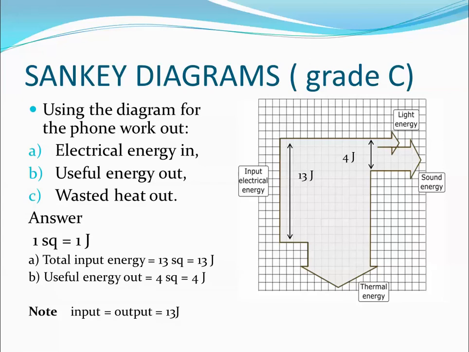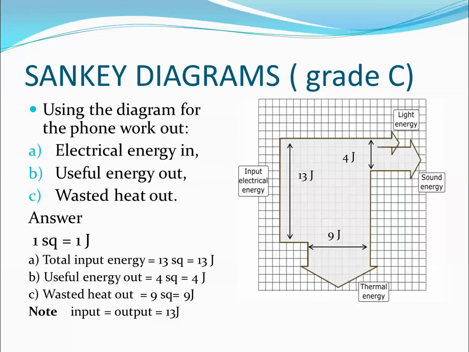The useful energy out is composed of 2 forms of energy, light and sound. Sound energy is 3 squares, which is 3 joules, and light energy is 1 square, which is 1 joule, giving a total of 4 joules. And the wasted thermal energy or heat energy out is 9 squares wide, which is obviously 9 joules. A useful check is that 4 plus 9 equals 13, so therefore 13 joules of electrical energy in equals 13